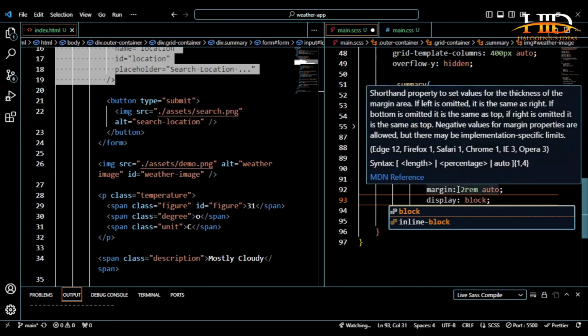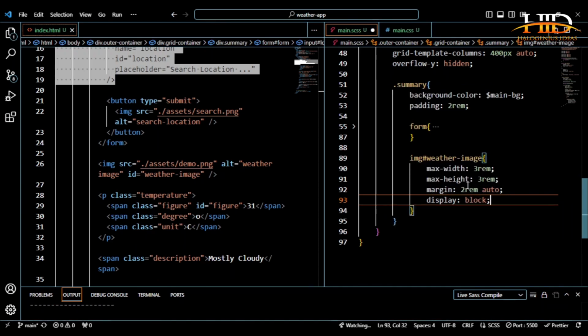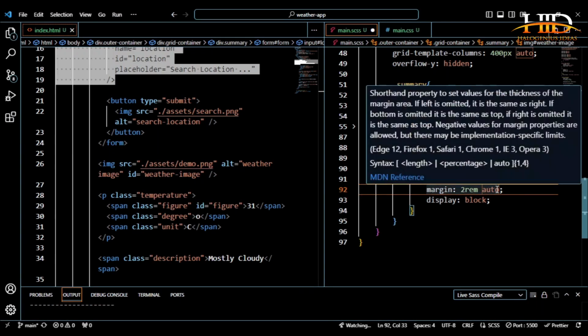You will not be able to align it center. So basically margin top and margin bottom is going to be 2 rem, margin left and margin right is going to be auto. So it is the margin left and right that will put it in the middle, that will center it. Then the display block will make sure that the image spans to the end of